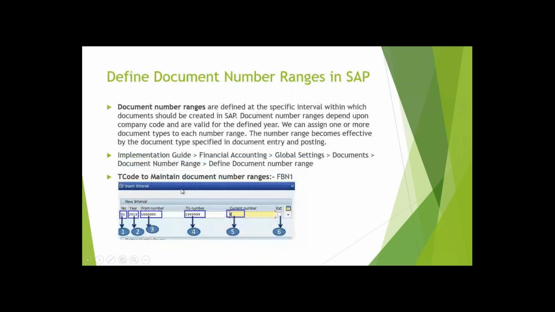So this DR document has a number range from 1 lakh to 2 lakh. After the 1 lakh to 2 lakh postings have been completed, meaning the transactions you have applied, you need to increase the range of the number, 2 lakh 1 to 3 lakh. Like that, you will be increasing the ranges. You understanding? Yes, sir.